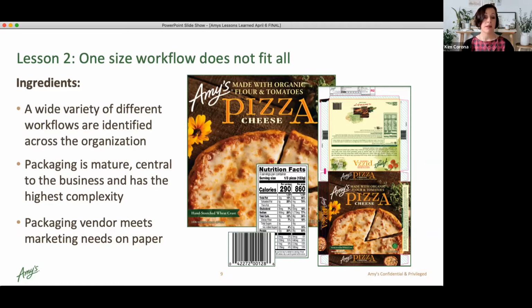The folks from packaging might not say that. They might say their hair's on fire all the time, right? I mean, the differences are if it's a new product, it's different than if it's making changes to an existing one. Those are the biggest things. If the FDA decides there's a whole new regulation that needs to be applied, then yeah, people's hair starts to